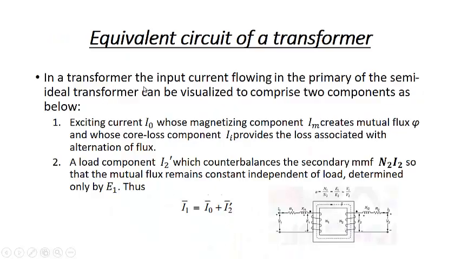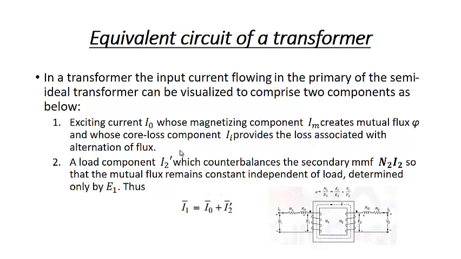So in a transformer, the input current flowing in the primary of the semi-ideal transformer can be visualized to comprise of two components as well. In the earlier case, it was comprised of only one component. So exciting current I0, whose magnetizing component Im creates the mutual flux phi, and whose core loss component Ic provides a loss associated with the alternating flux. So this we have already done in the no load